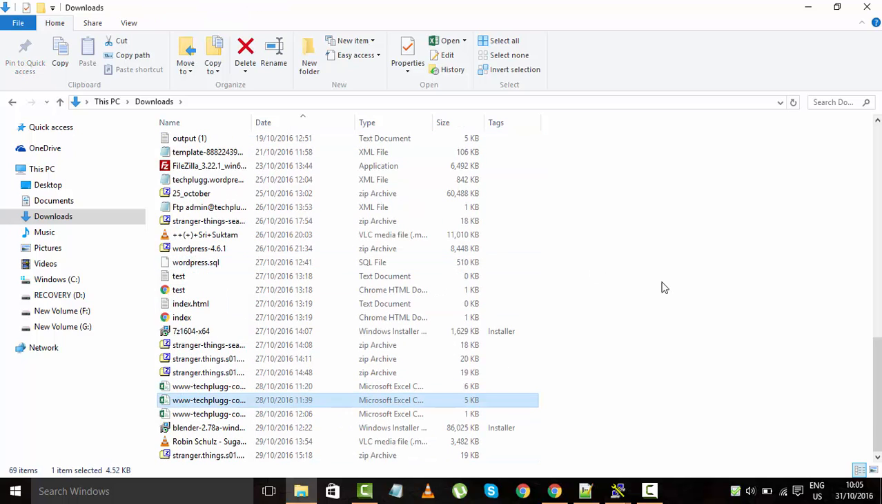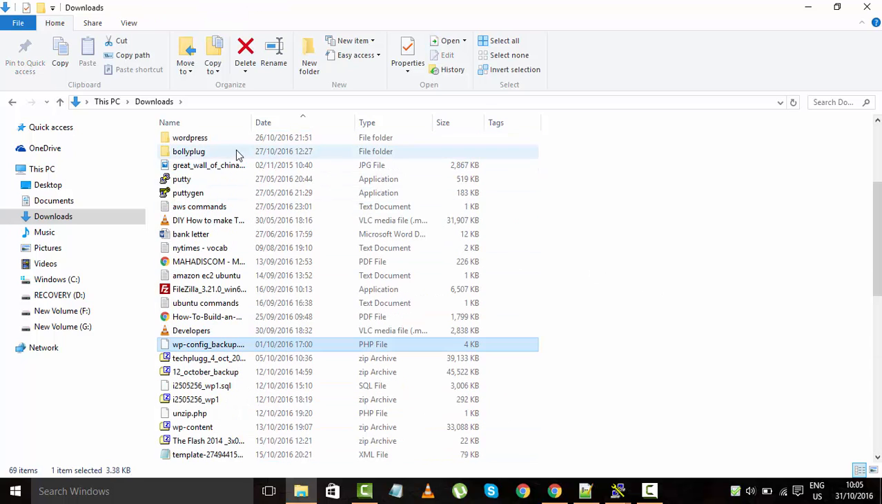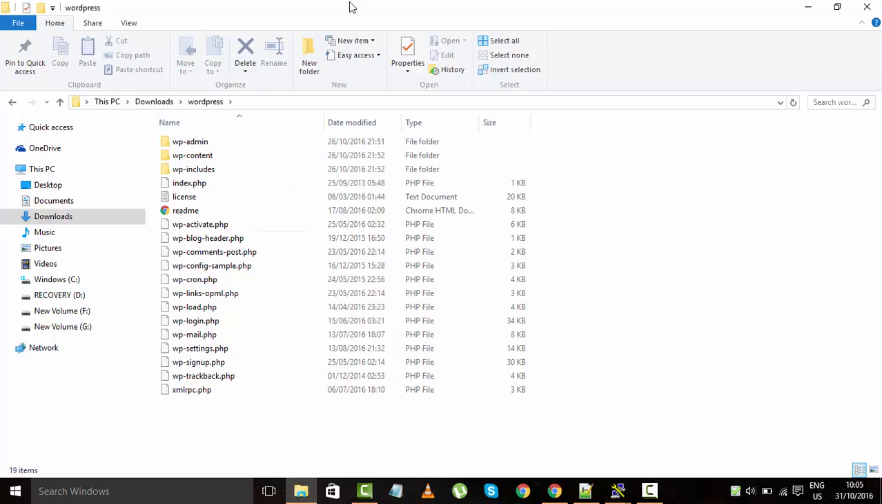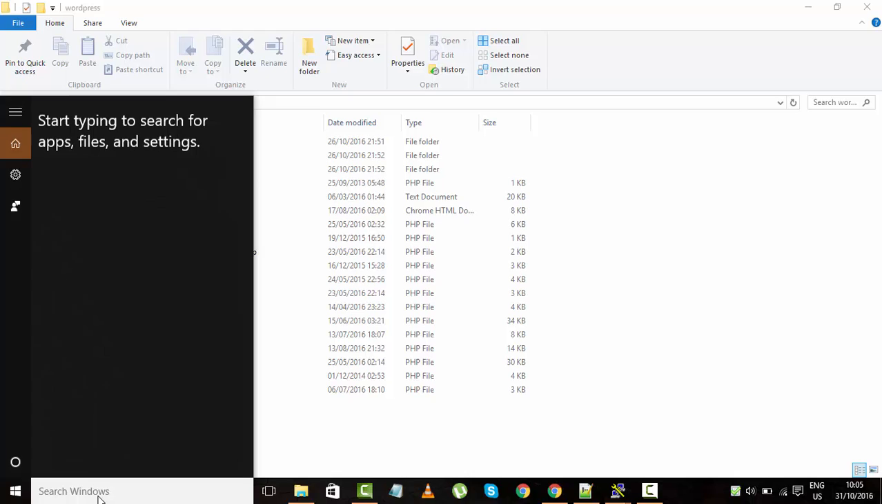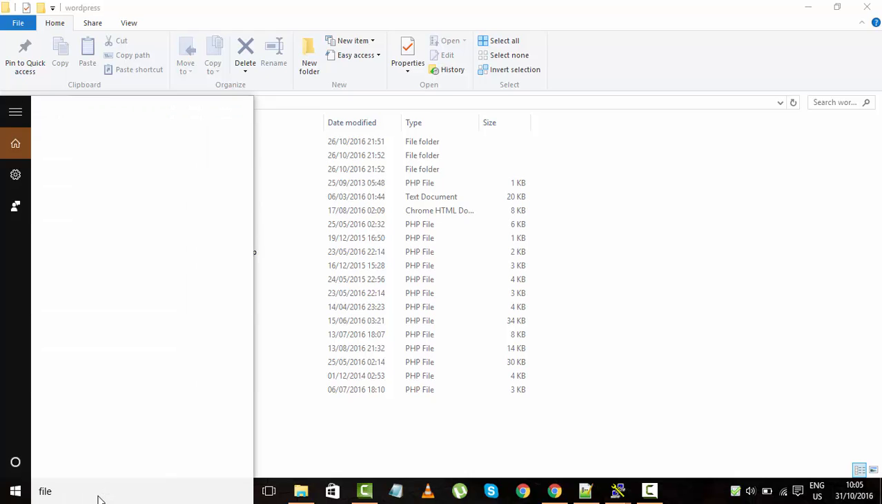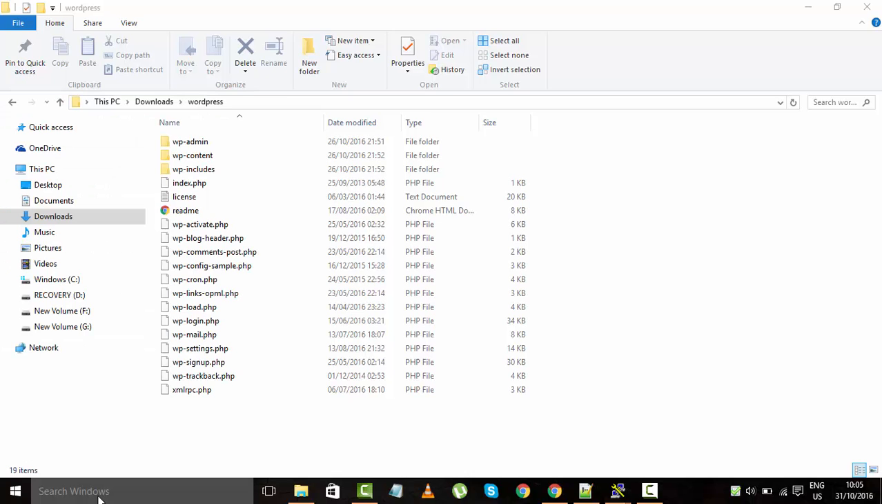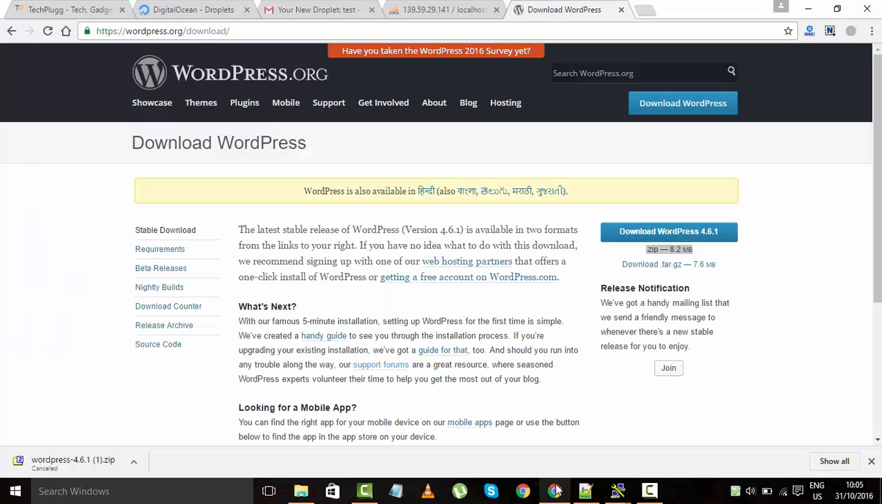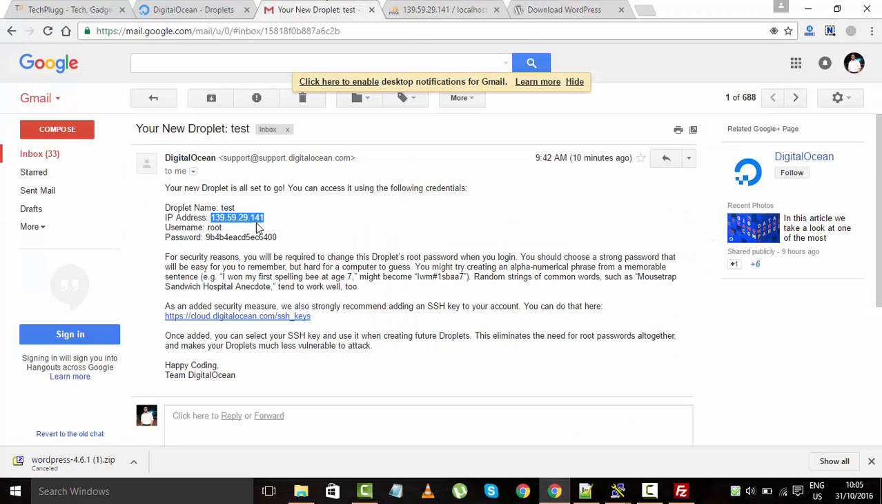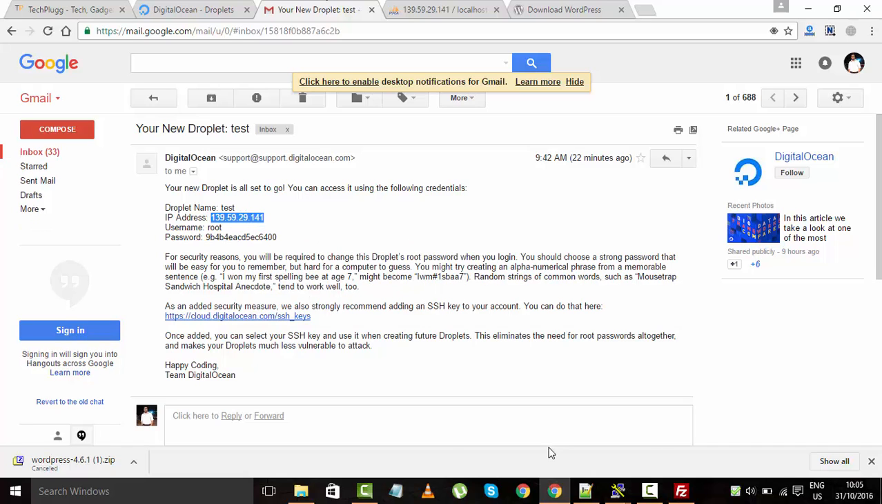I've extracted my WordPress, so I have a folder here, WordPress. This is where I see all the WordPress files. The next thing that you need is an FTP client. I have Filezilla. You can have some other client, that's not an issue, but you need to have some FTP client. So I'm gonna open FTP Filezilla, and the next thing that I need is to copy my IP address,